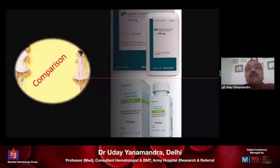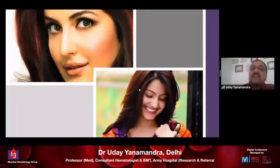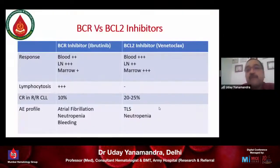Now, if I have to compare, on today's date, the favorite girl in the market as far as CLL therapy is concerned is ibrutinib. And if I want to compare my product, which I'm talking about today, Venetoclax, versus the proven product ibrutinib, it's like comparing Katrina Kaif with Anushka Sharma. Now, sorry for these online meetings, I can't see the saliva drooling out of the mouths of the audience, but still, if I have to compare these two heroines,